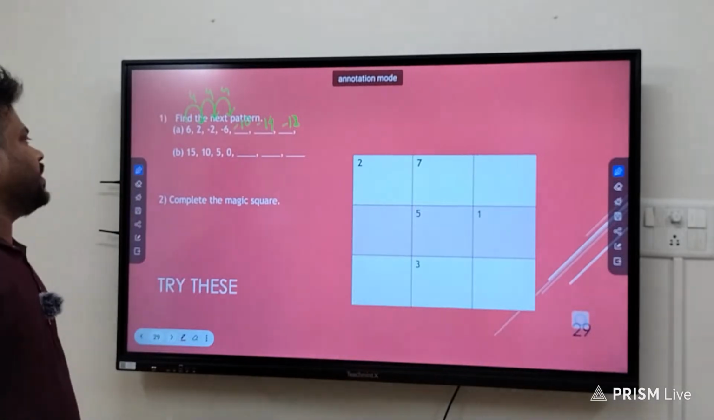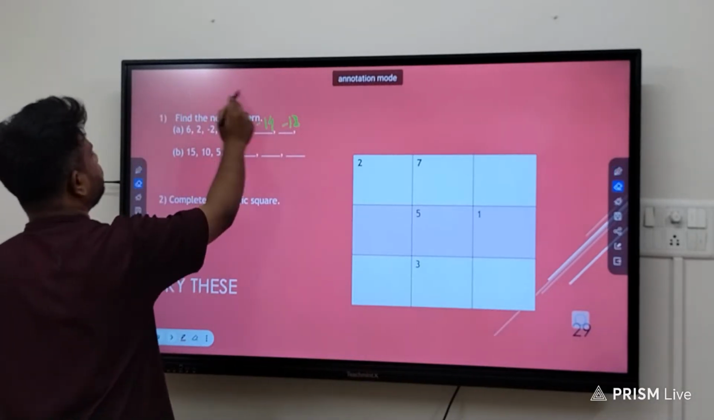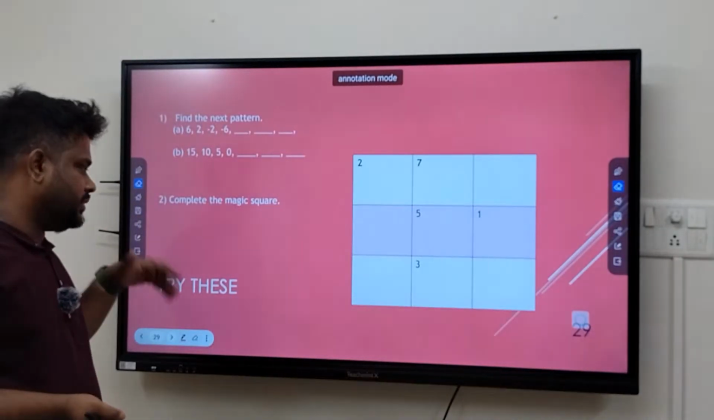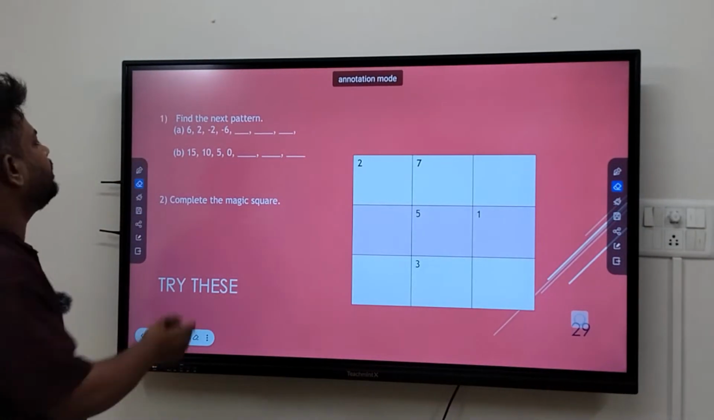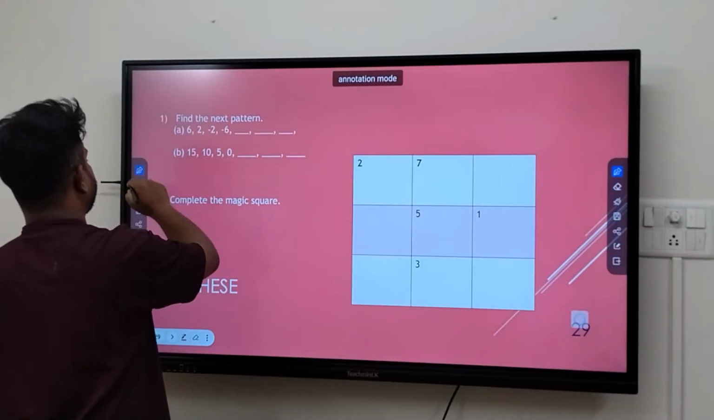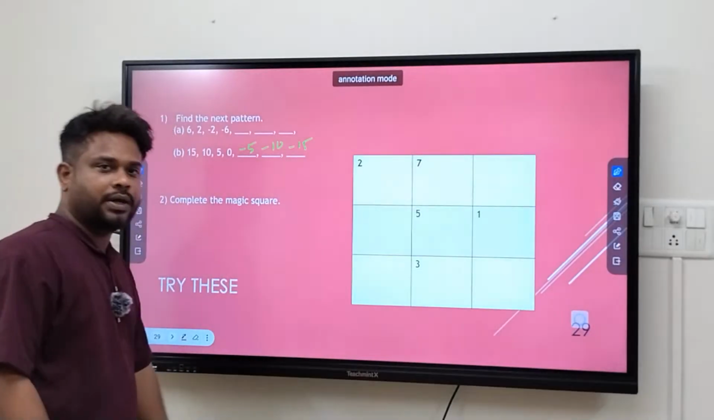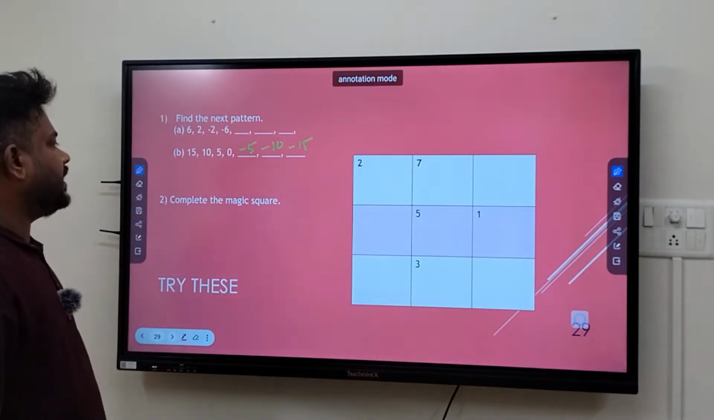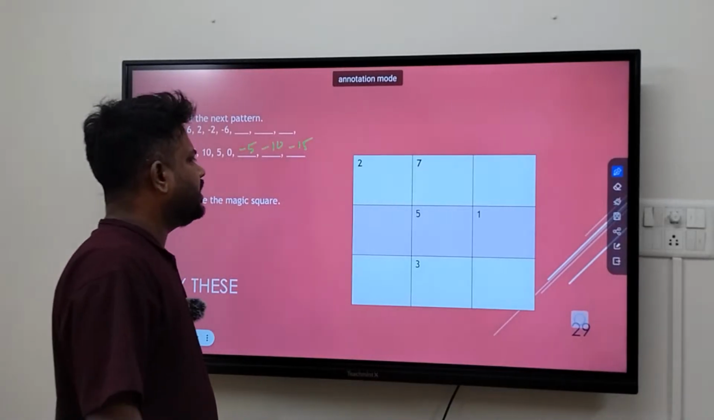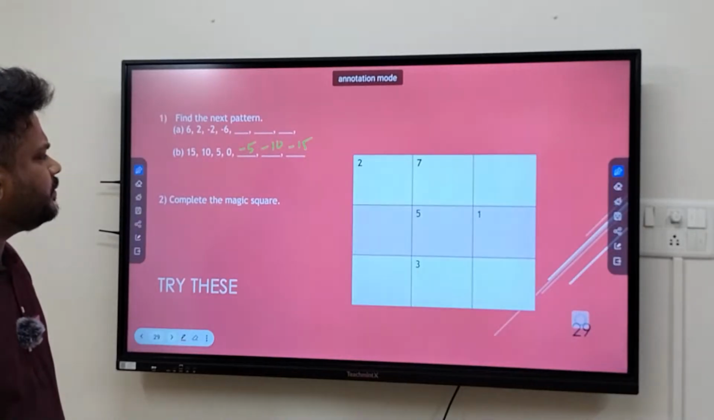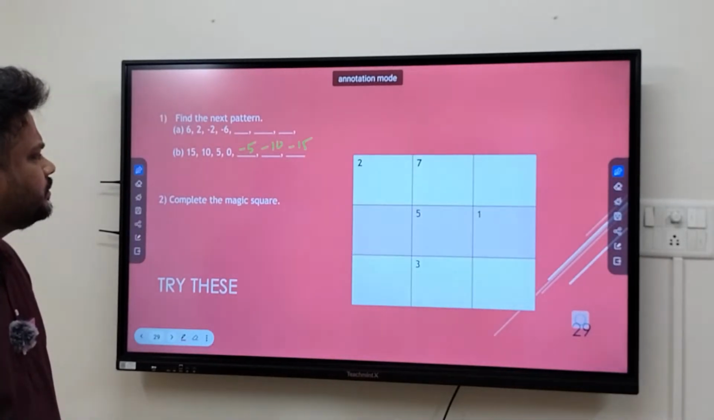Okay, the next one you can also try to do by pausing this video. So this one will be -5, -10, -15. Complete the magic square. So this one is a magic square, which is meant to be solved by you. If not, then maybe the answer will be